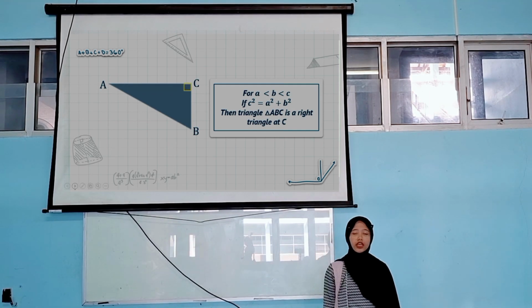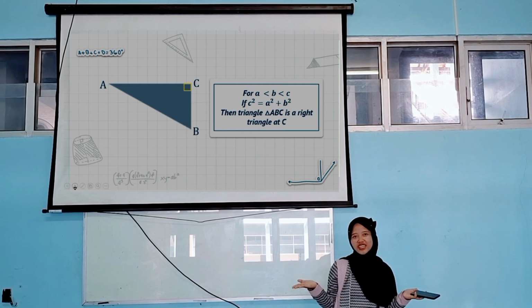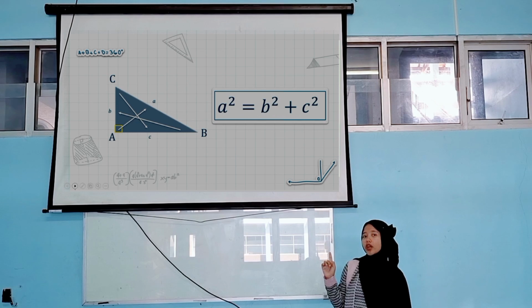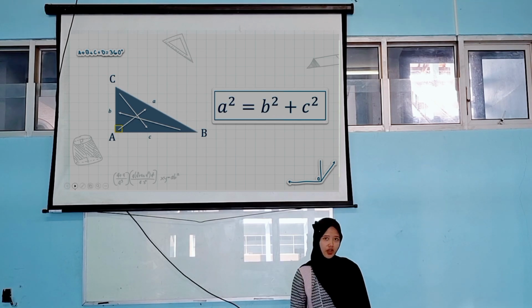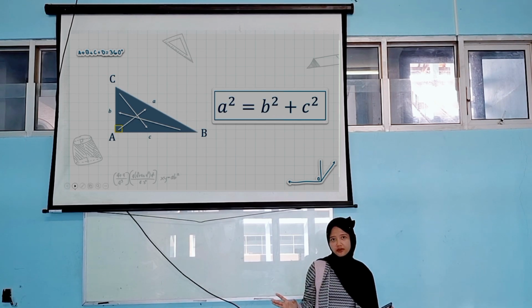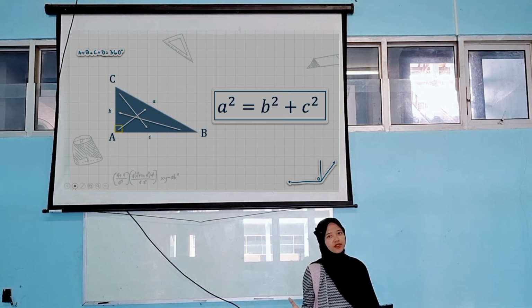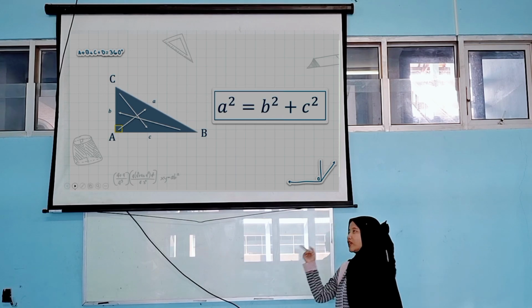Easy, right? Just square the sides and match the sum. So, once again, whether it's A squared equals B squared plus C squared or any variation, that tells us the triangle is right angle, depending on which side is the largest. Let's see how it works with an example.